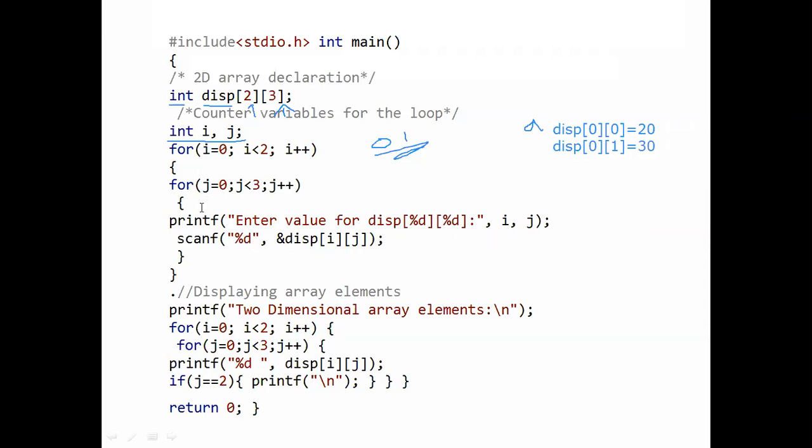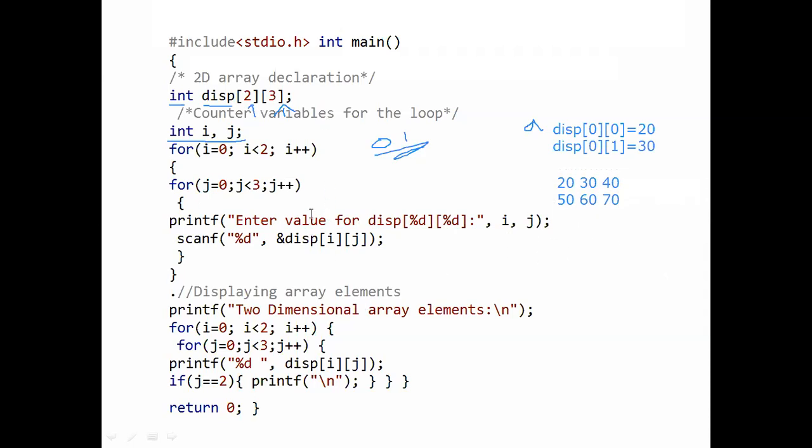After that the condition is false, it goes upward and the i value is incremented by 1, then inside we again write the values, that is 50, 60, 70. Then, coming outside, it will print the values as 20 30 40, 50 60 70. In this way is the output.